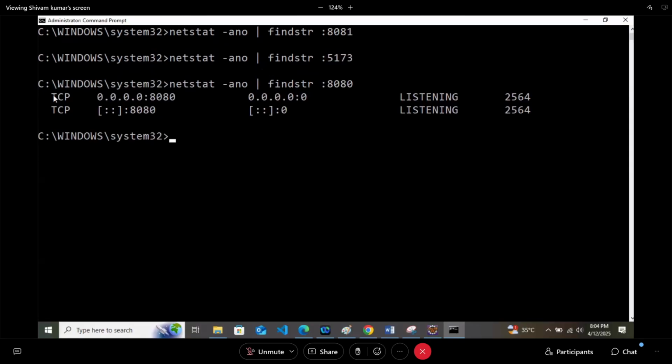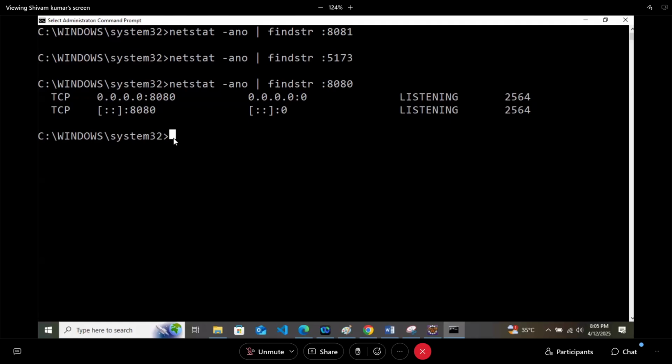Generally, you will get TCP. This TCP means transmission control protocol, meaning which rules are followed by this. It can follow TCP/IP, it is following TCP. It can follow SSL/TLS. Again, computer networks I am not teaching here. Then you will get the local address, port, state, and then at last you will get the PID. This is called PID, process identity. So what is the PID in my case? 2564. It can be different for you.